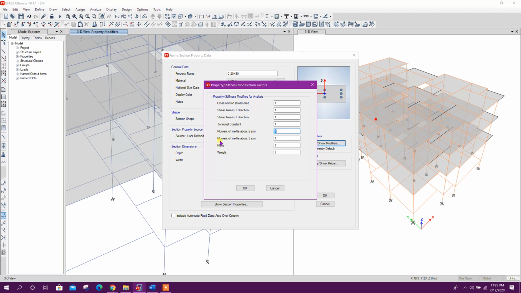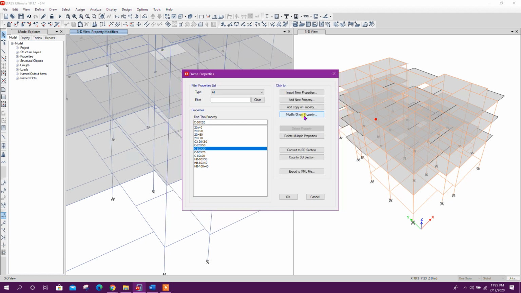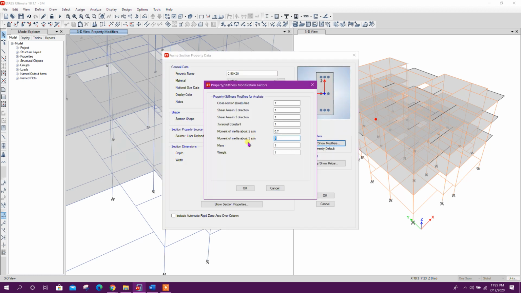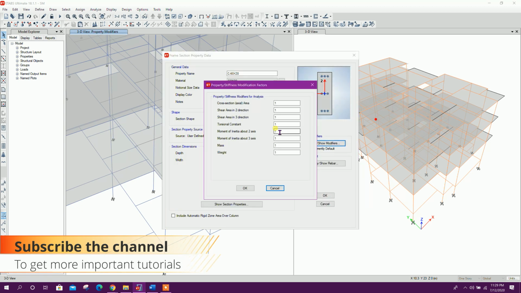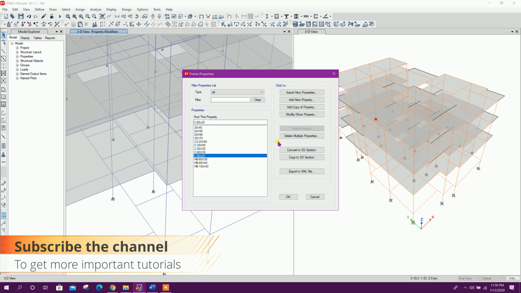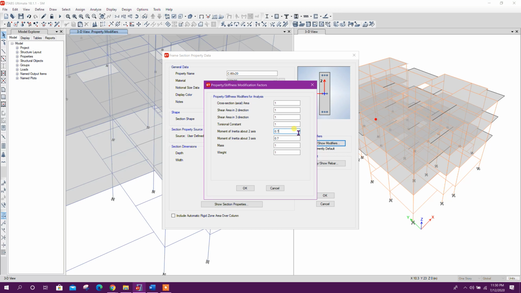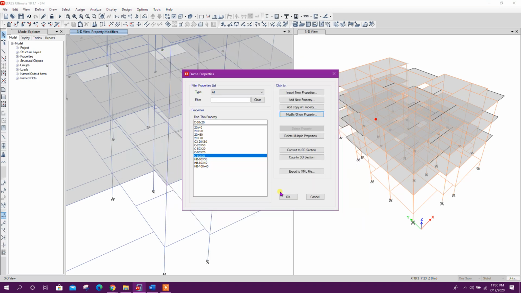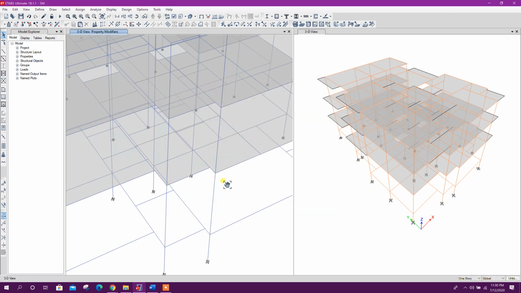That time we make these changes to use stiffness modifiers. For all column sections, we have used stiffness modifiers in frame section properties.